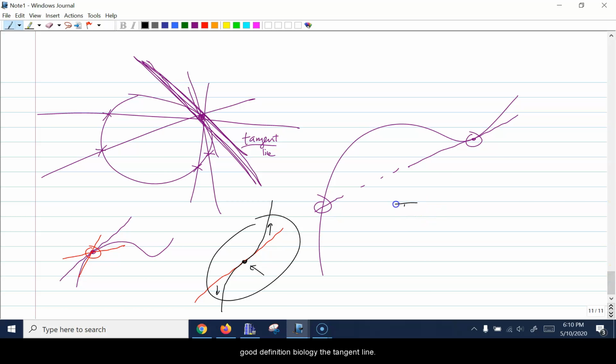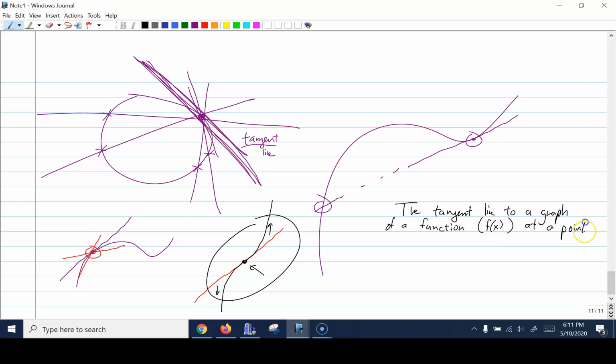How do we get a good definition? Well, we cheat. The tangent line to a graph of a function, let's call it f of x, at a point, let's call it x naught, is the line that hits the point